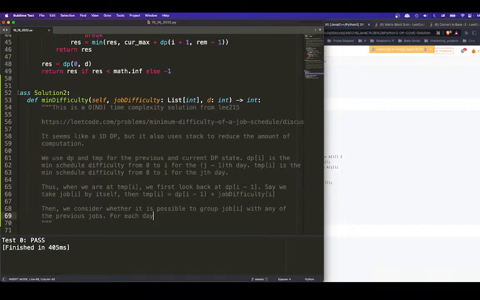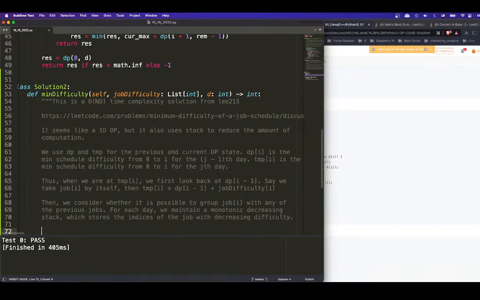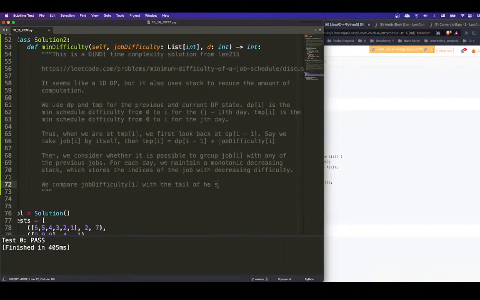So for each day, we maintain a monotonic decreasing stack, which stores the indices of the jobs with decreasing difficulty. We compare job difficulty I with the tail of the stack. If the tail is smaller,